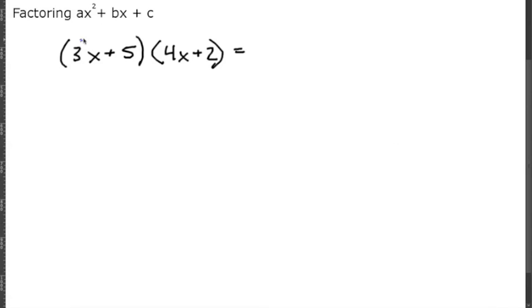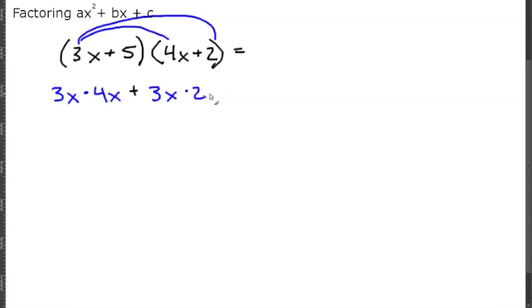So our first term would be 3x times 4x, plus our outside term, 3x times 2, plus our inside term, 5 times 4x, and our last term, which is 5 times 2. This simplifies into 12x squared